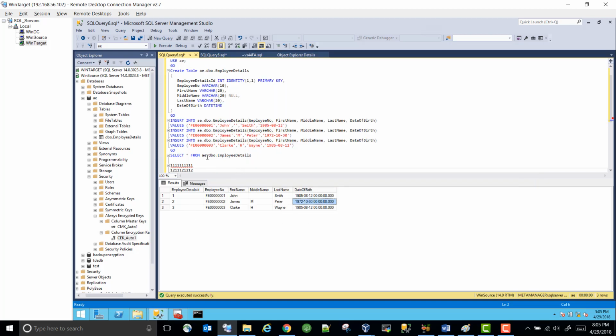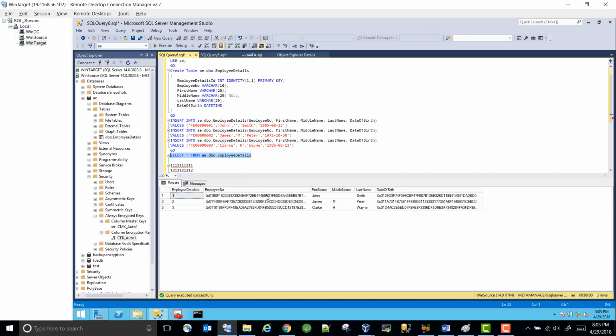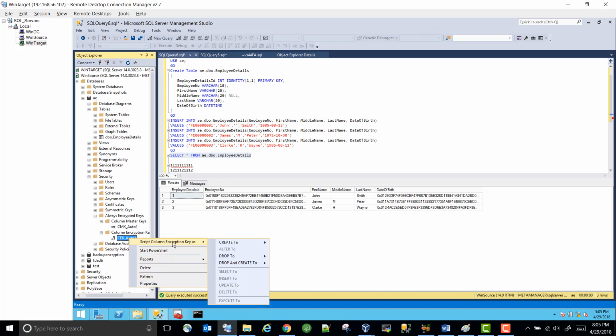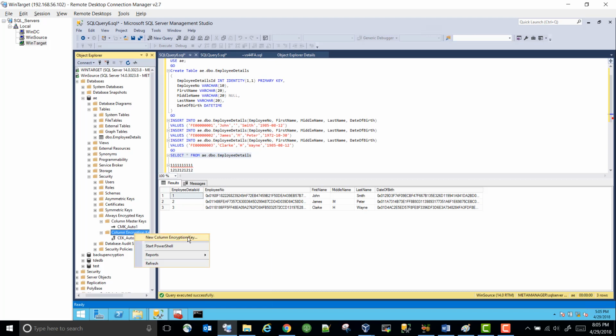Now you can see, if you just execute this statement again, now you will see these columns, employee number and date of birth, they are encrypted. How do you decrypt? You can see it created these two keys. Can you rename? No, you can't rename, but you can create a new encryption key if you want. All right, so how do you decrypt this value? What you have to do,